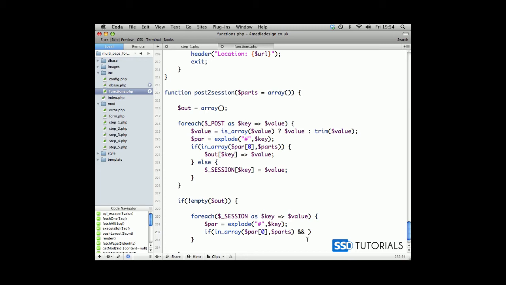But if it doesn't, remove all of these ones which are not included in our out array, which is the new call, new post. So array key exists, and now we pass our key and our array, which is out. So now after this curly braces,